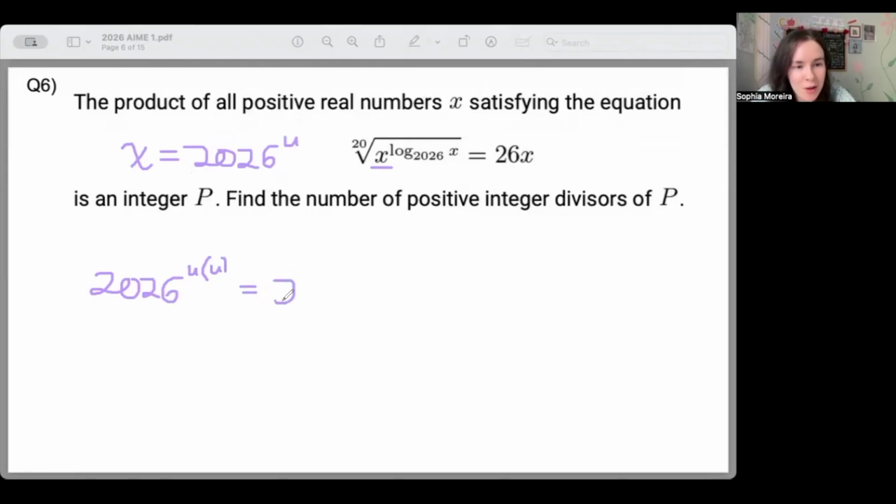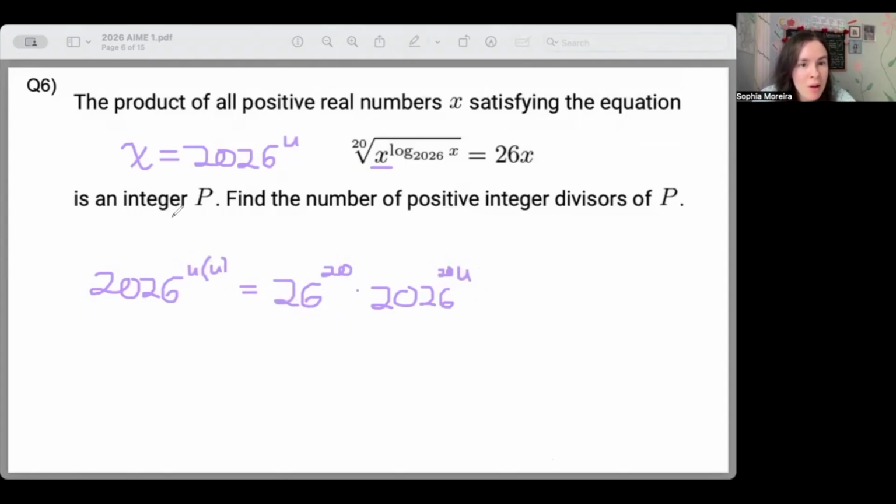Then, on the other side of the equation, we had this whole deal to the power of 20, and our x here is 2026 to the power of u, but this whole thingy had been to the power of 20, which means that this is the power of 20u. Right away, I'm looking at this and I'm like, wow, a quadratic. I have a u squared term, a u term, and that constant's going to be kind of obnoxious, but I can do that. And what's really nice with having a quadratic in the exponents here,